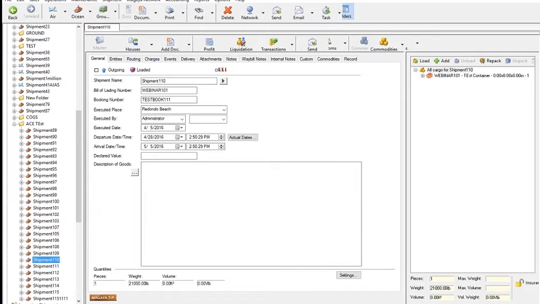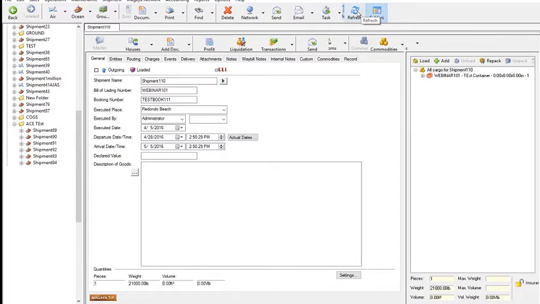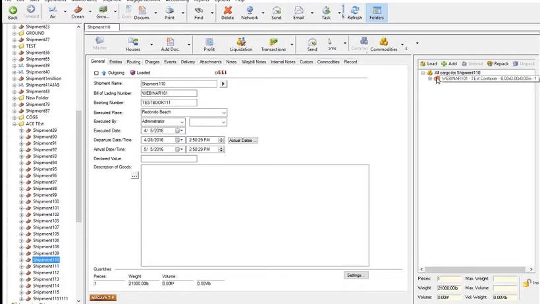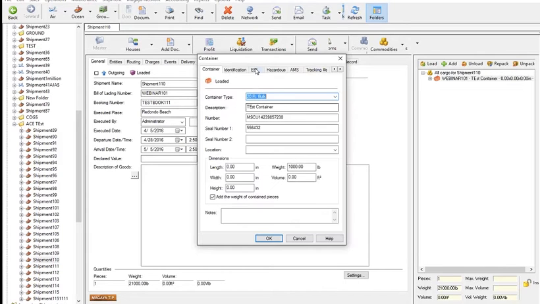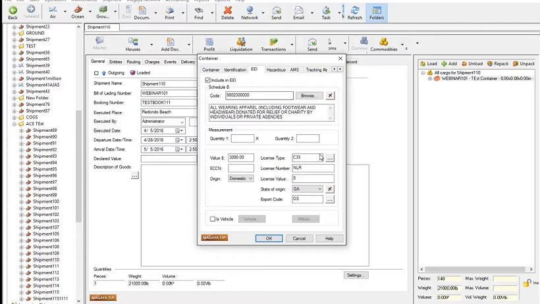I have pre-filled the shipment with data, and I'm not really going to cover how to file or how to fill the data on a shipment because I'm assuming you already know that part. So I'm going to focus on the US Customs part here. One thing that I do want to mention, if we look at the EEI window here, this is the most